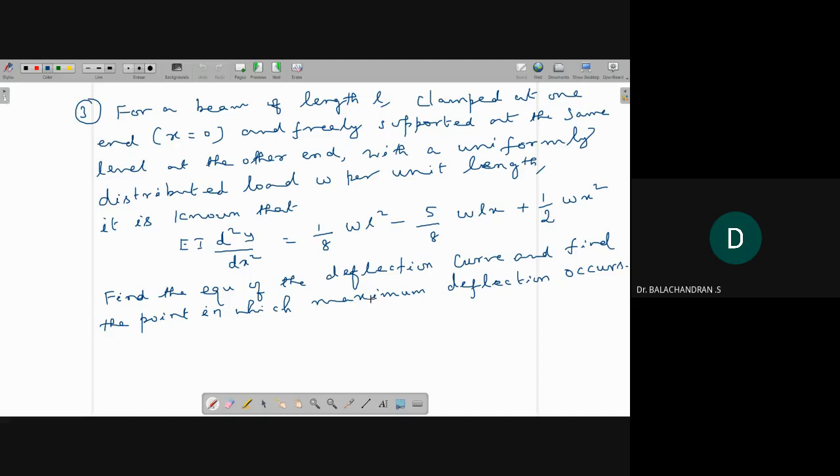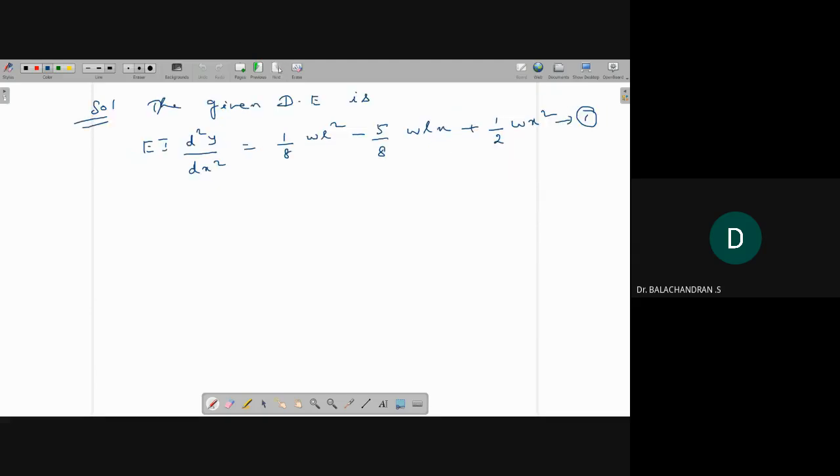Okay, you need to find y. The reason is you need to find maximum deflection. So the maximum deflection of y occurs only if dy by dx is equal to 0. So for this, now I am going to find y. But here you have d square y by dx square. So first, if you integrate with respect to x,